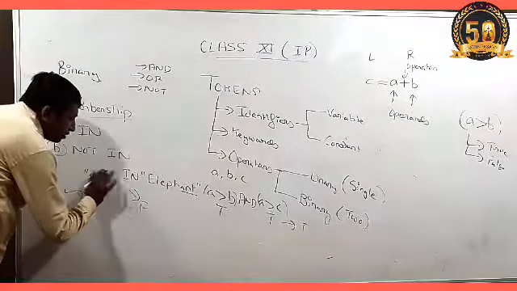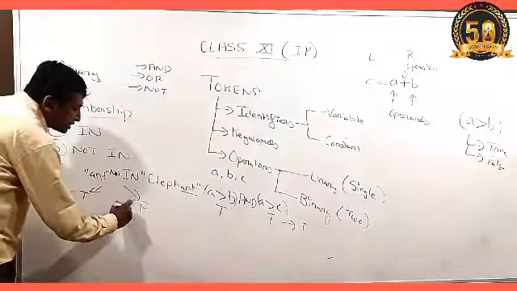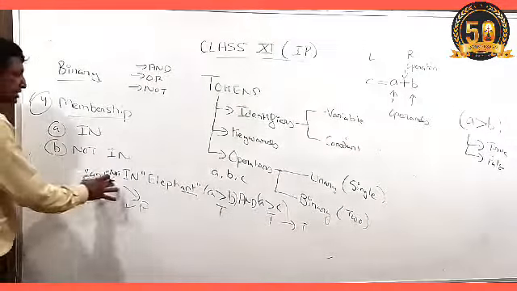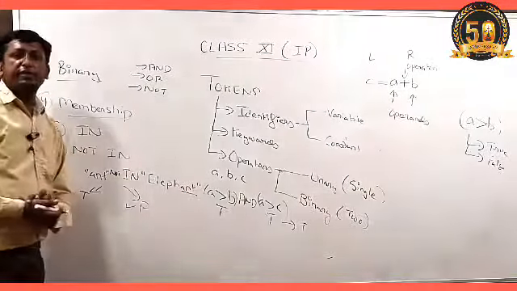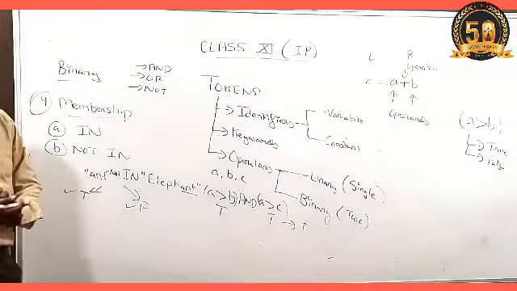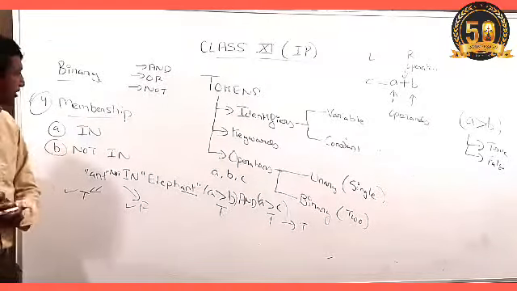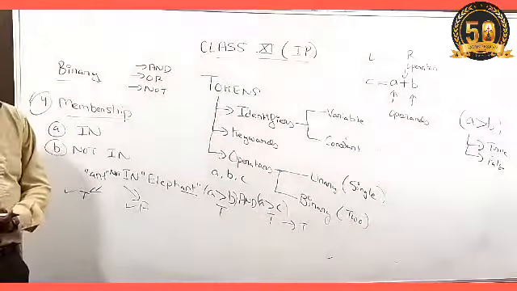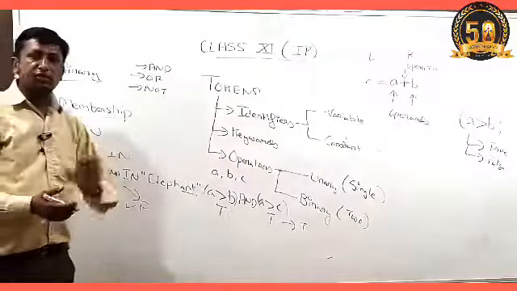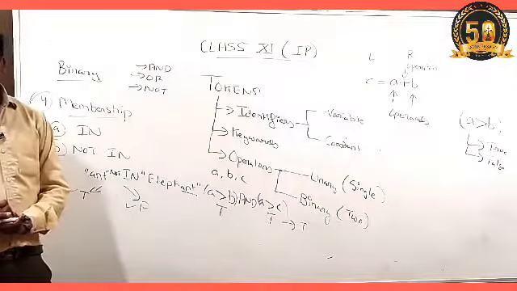Similarly, if we apply the not in, in that case it will return the false value because A and T is present there, and not operator will convert into false value because not is used to convert the true to false and false to true, that is the inverse value. So all these are the binary operators. So operators parts are also complete. After that, the next type of token that we will discuss in the next class. Thank you.